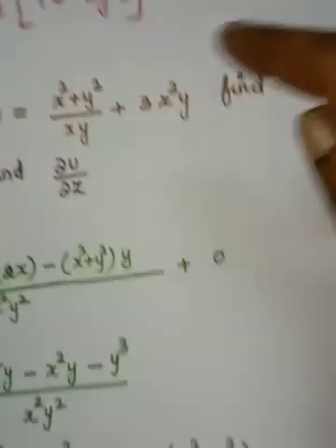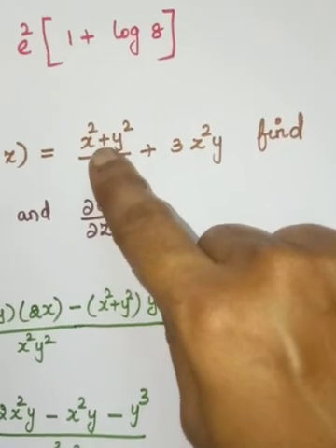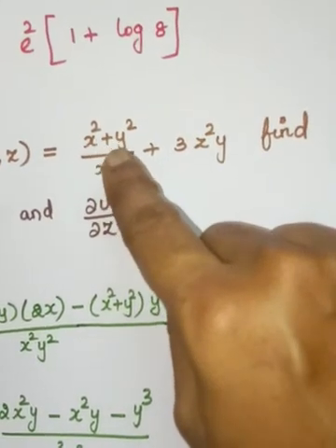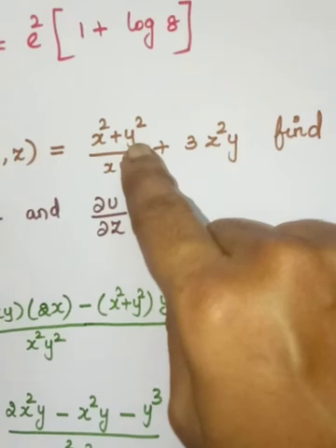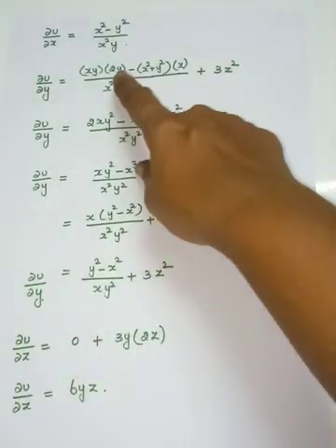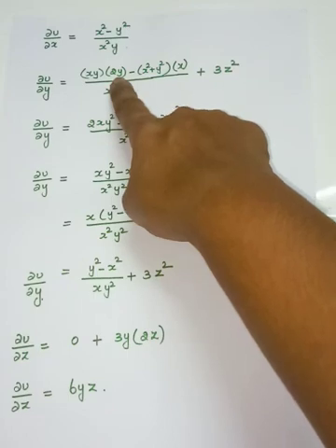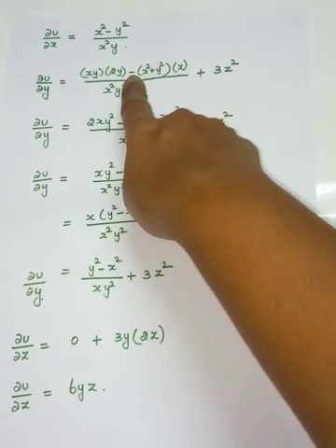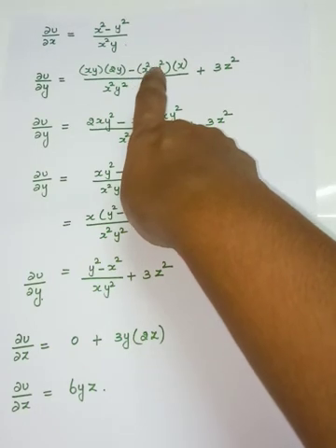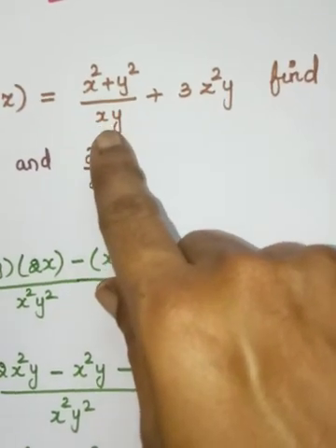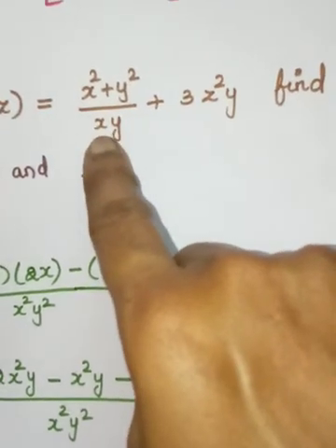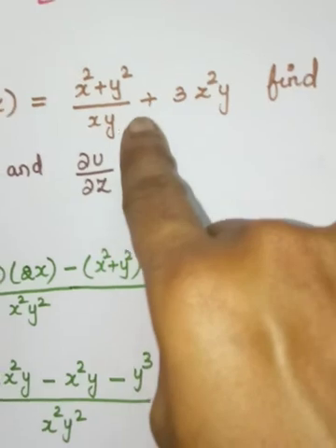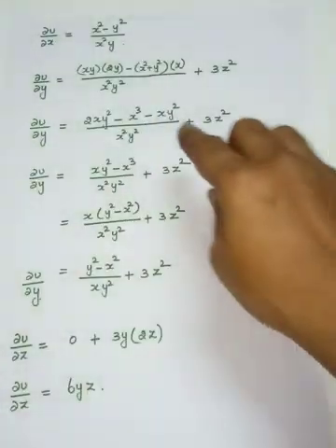Next, what you have to do? This u has to be differentiated partially with respect to y. So x squared is a constant whose differentiation is 0, and you are going for y squared. When you differentiate, it is 2y, so into 2y. So the quotient rule is done. So in between you have to write minus. Which one do you have to write as it is? u. So x squared plus y squared is written as it is. What has to be differentiated? v. What is v? xy. So how to differentiate xy partially with respect to y? x is treated as a constant, so it is taken out. When you differentiate y partially with respect to y, it is 1.